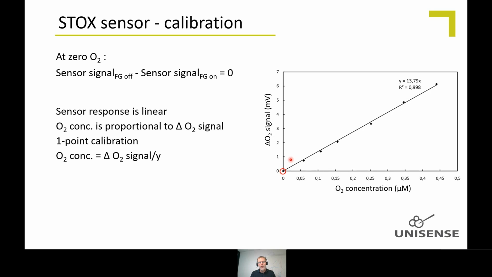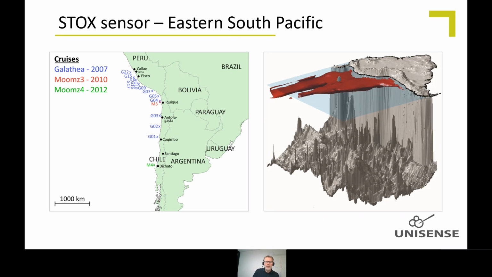And since the sensor is linear, your oxygen concentration is proportional to the delta signal, and you can do it with a 1-point calibration. This is very handy now and then. You can calculate concentration by dividing the delta signal by the slope of the calibration curve. So very simple. I'll show an example of how this has been used in a study I participated in